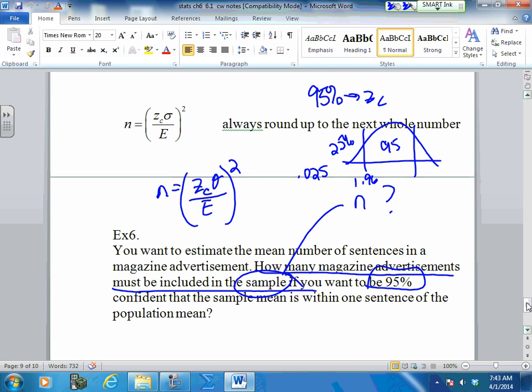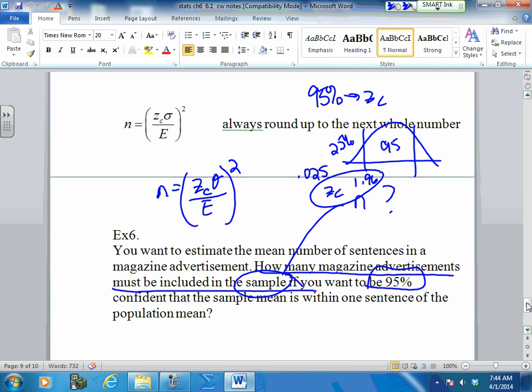It's positive and negative, so we just use the positive. And if you did by accident use the negative, you're going to square it anyway. Once you square it, it's going to become positive. But remember to put the positive in. So that's our ZC. We know your ZC. Your standard deviation,